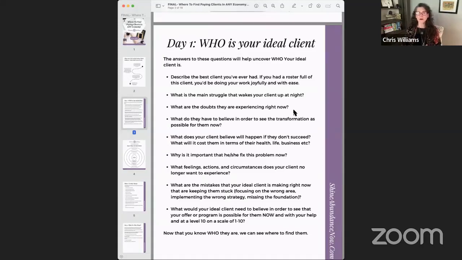And then why is it important that she fix this now? Remember, if she's not willing to fix it now, and if we don't know why it's important for her to fix this right now, she can't be a yes to working with you. It doesn't work that way. Again, this is human psychology. We're talking about belief systems here. So if we're not speaking into why it's important that she fix this now, if we're not clear about why that's important to her, then that is actually not going to be beneficial to our messaging or to the content that we create or the programs or the way that we speak to our ideal client.